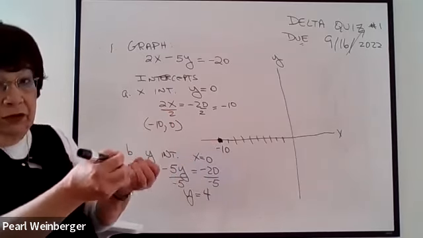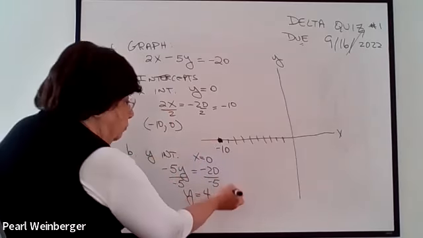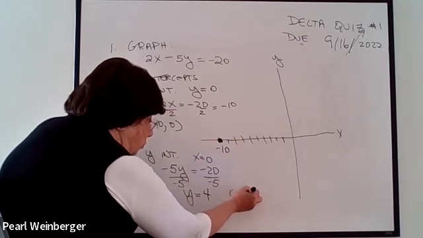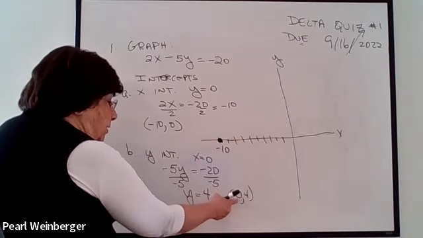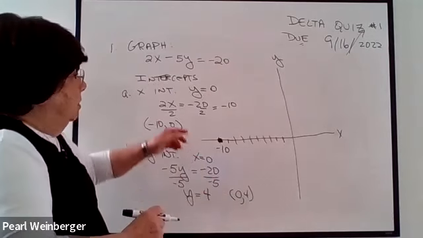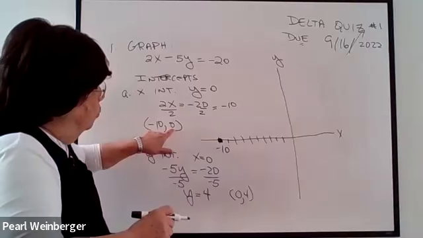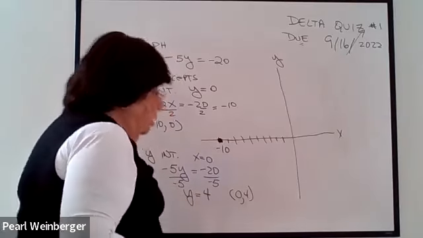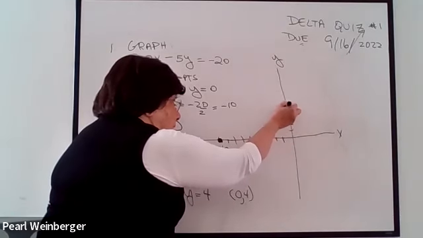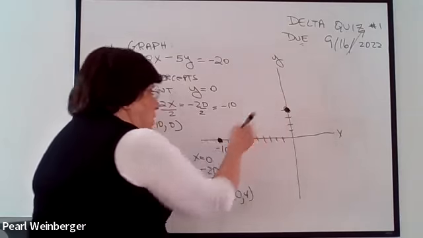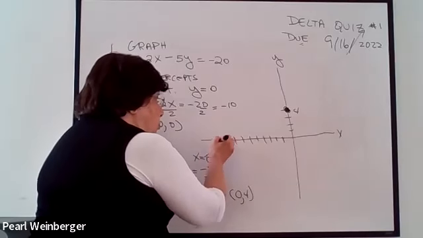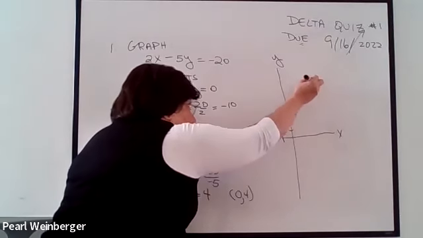Again, we can say the y-intercept is 4. The more correct way of writing it is to say it's the point (0, 4). Remember, the y-intercept will have the x equal to 0, because it's going to be on the y-axis, and the x-intercept has its y coordinate equal to 0. Okay, so therefore, we go up 4 on the y-axis. And now that you have these 2 points,